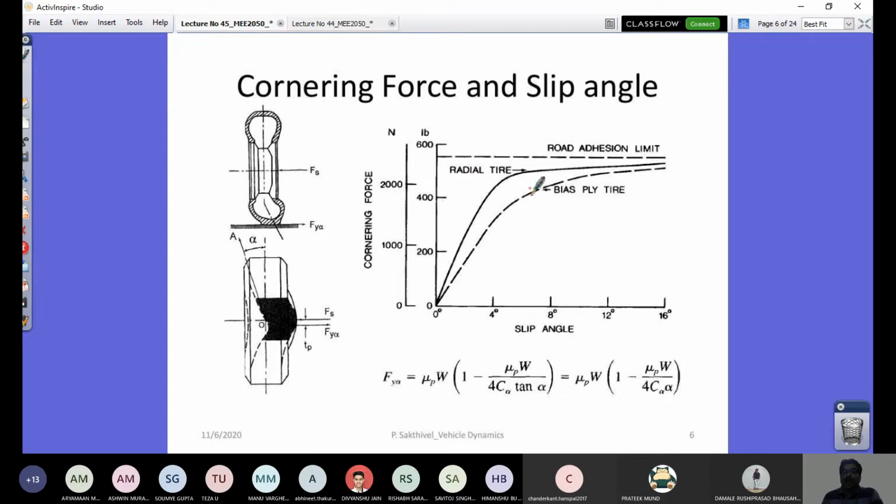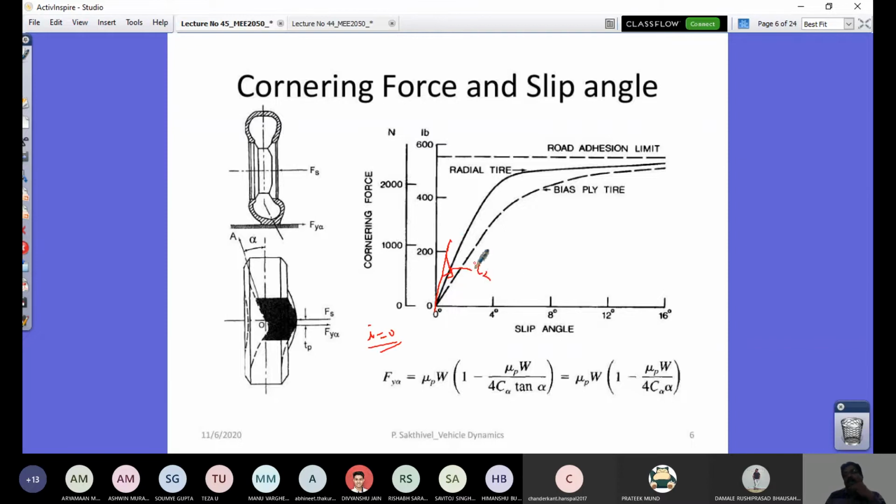Right, so this plot that is drawn is in the absence of i, when i is 0 in your tire. That means it's only by the side force that we are drawing it. So this entire push on the tire, wheel and contact patch is expected to generate Fy as a function of alpha in the absence of i. So this is a pure cornering model. There is no traction or braking. And we have seen the variation for a radial tire and a bias ply tire. And the slope of the line drawn tangent to this point is what is